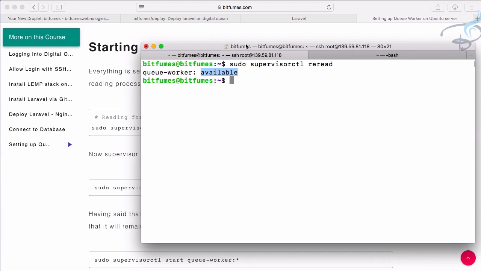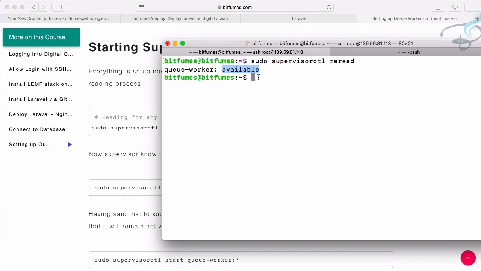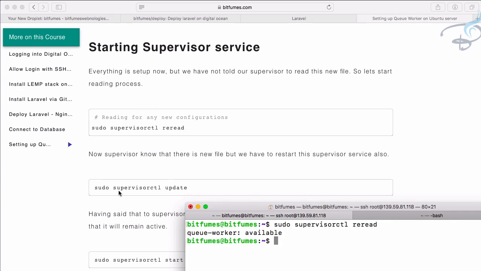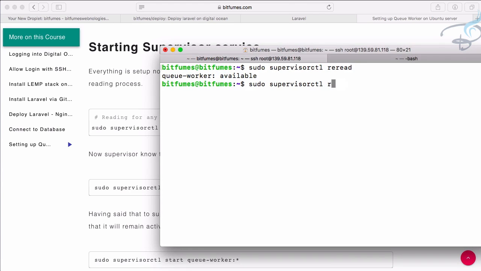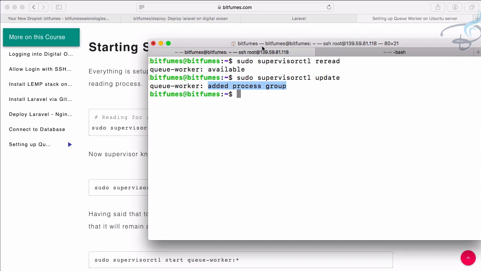It's now available. It says available. This means it's not included in the service. So to include it in the service, we have to say sudo supervisorctl update. Same thing, but here comes update. And now it's added to the process group. So this means it's added to the process group, but how will we check that our queue worker is working